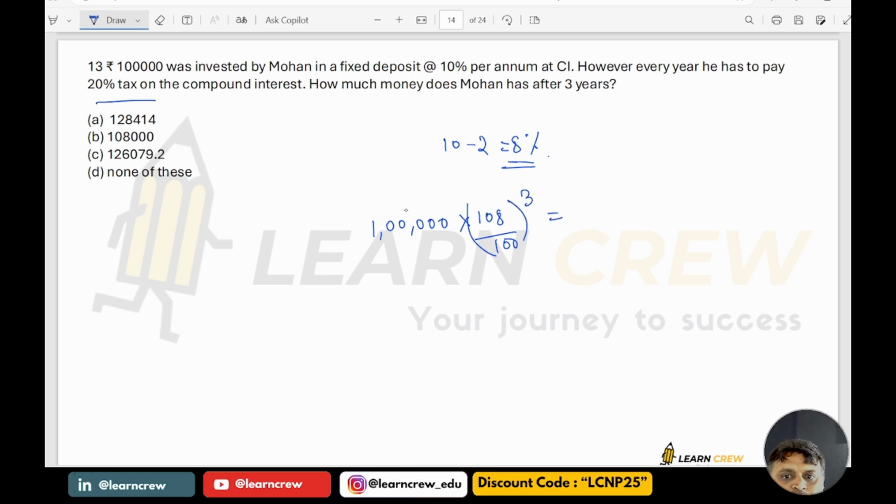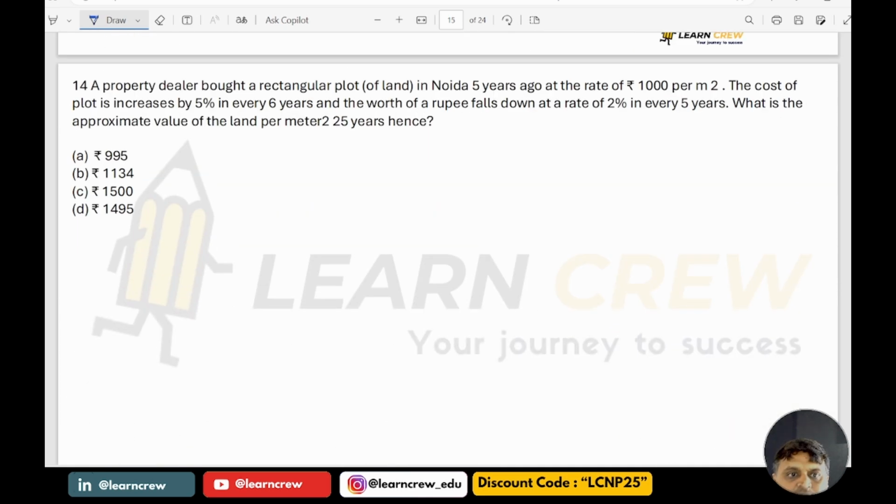So how much are you going to get? The answer must end with 2. So 126079.2 is the answer. Next, a property dealer bought a rectangular plot in Noida 5 years ago at the rate of